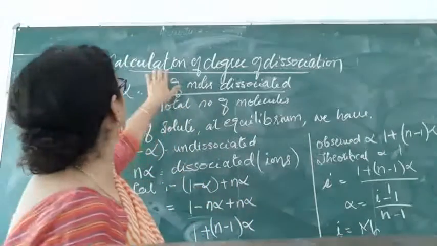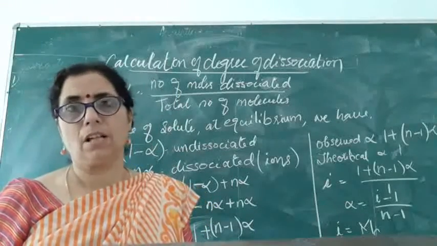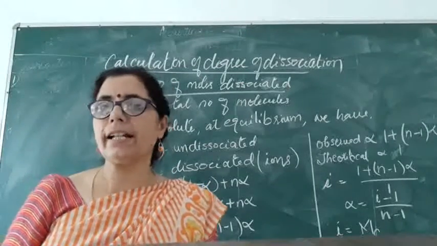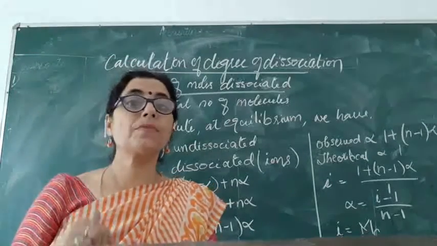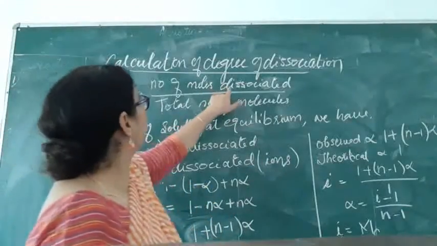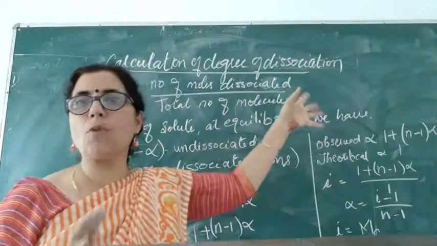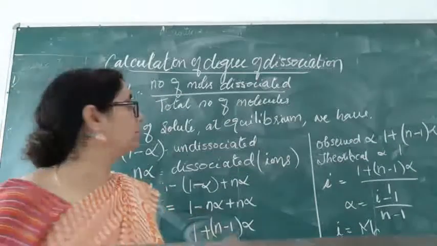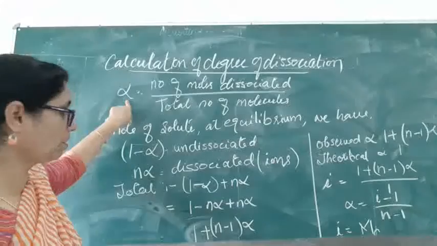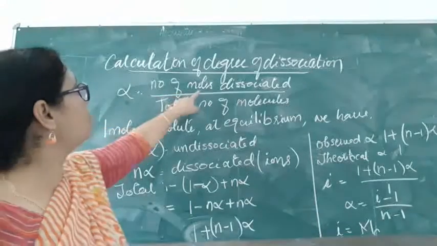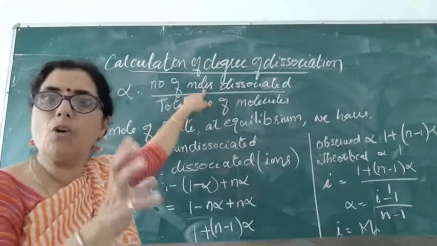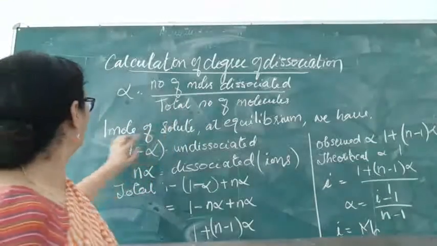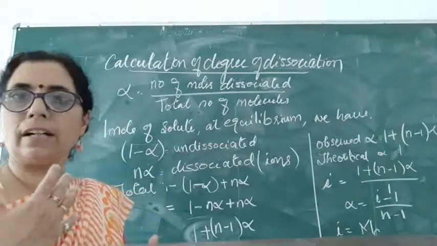Now we are going to study the calculation of the degree of dissociation. How much substance has been dissociated and how you can relate that with the experimental value as well as the observed value. In order to understand this, first we will talk about the degree of dissociation, taking examples of salts, bases and acids. So alpha is the degree of dissociation that you find. This is equal to the number of moles of substance dissociated, by the total number of molecules. So this is alpha. Now, if we want to study that, we have to understand the concept.